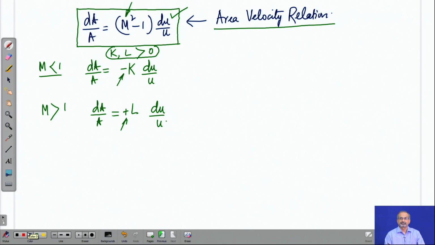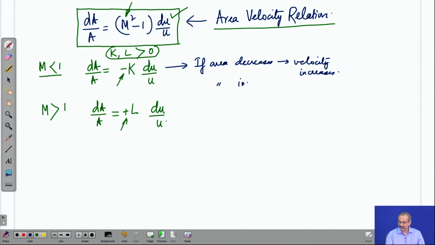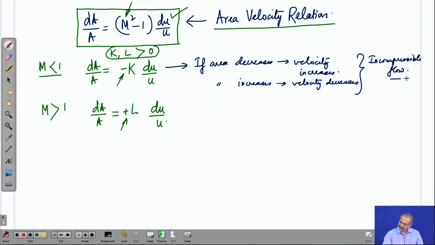If area decreases, velocity increases, and which also means that when area increases, velocity decreases. Well, this is not a very surprising result, because this is what we had seen for incompressible flow also. So, as long as the flow is subsonic, this is what is going to be seen,